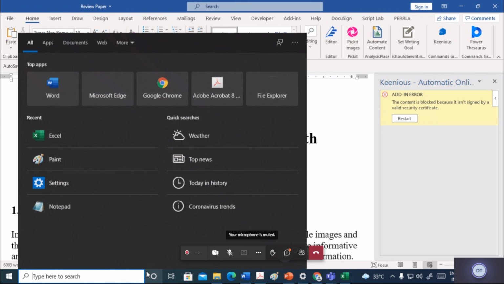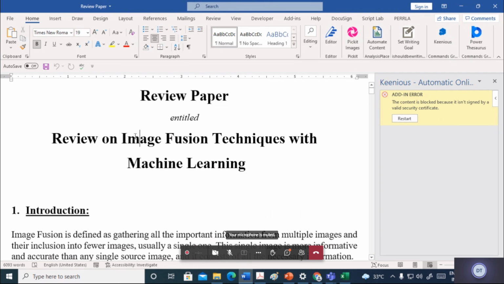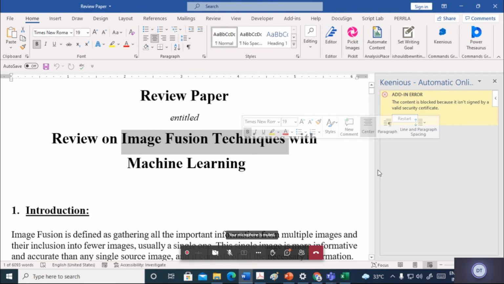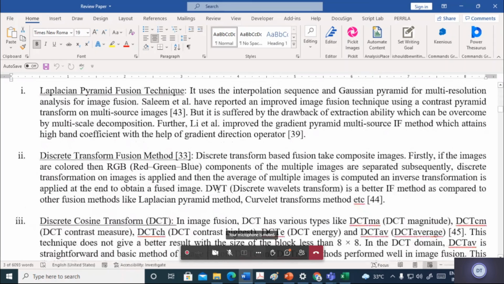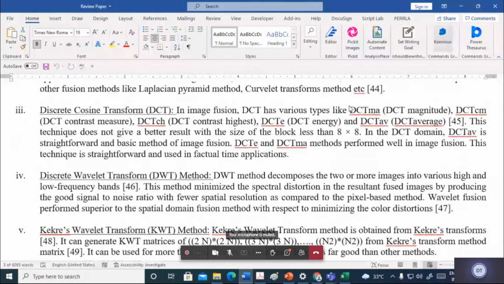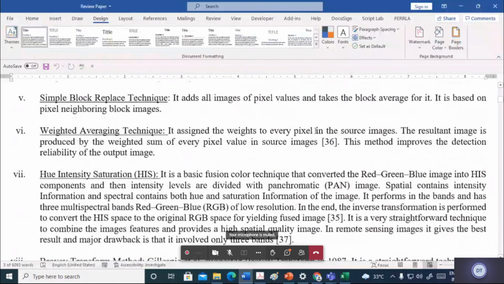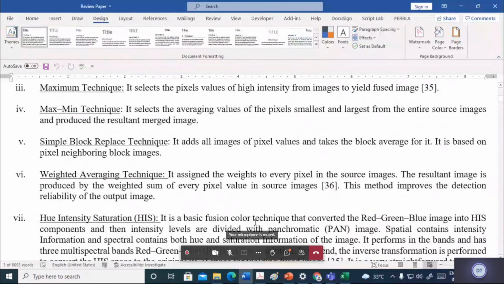But for example, if I have written image fusion, it will search various sources over the internet that are verified, trusted, and published in this image fusion domain. So it is very important when you are making a technical report, because you have to take a reference of other companies' documentation.